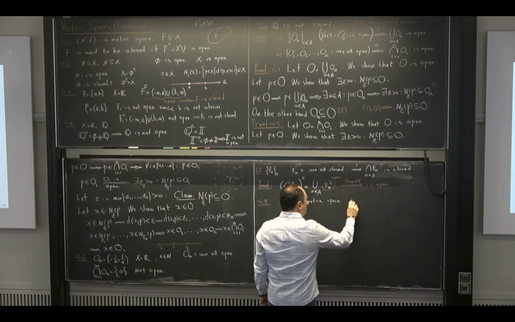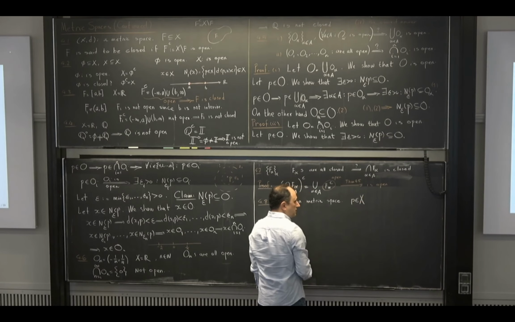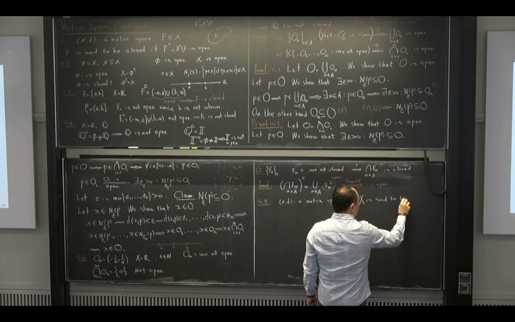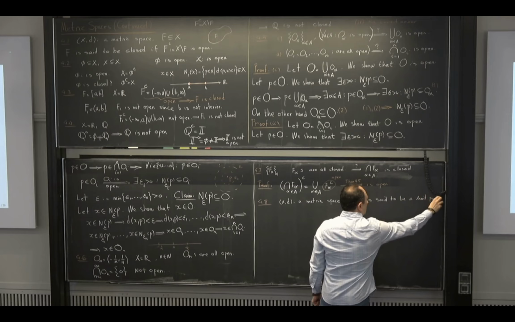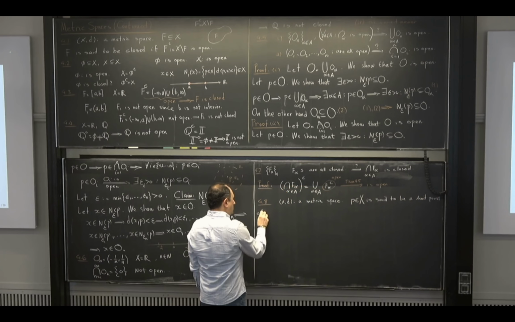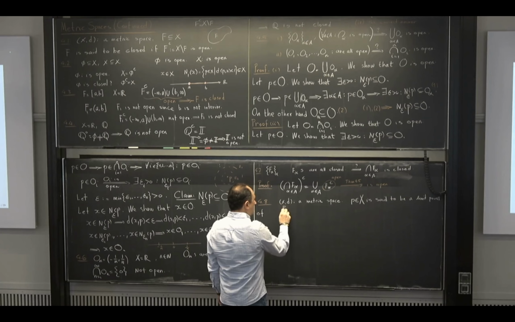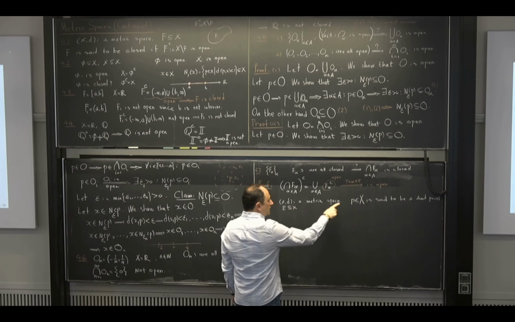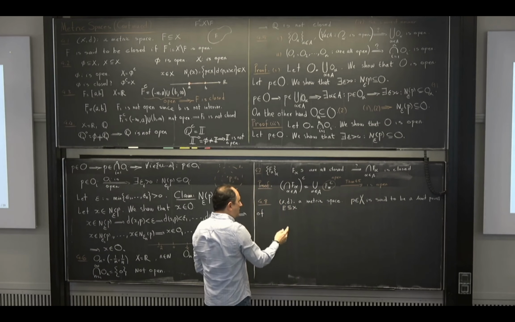A point P, not in X itself necessarily, a point P in X is said to be a limit point of E, a subset of X. I have a metric space, I have a subset of that, I choose a point in X, I say this point that I have chosen in a bigger set is called a limit point of E if